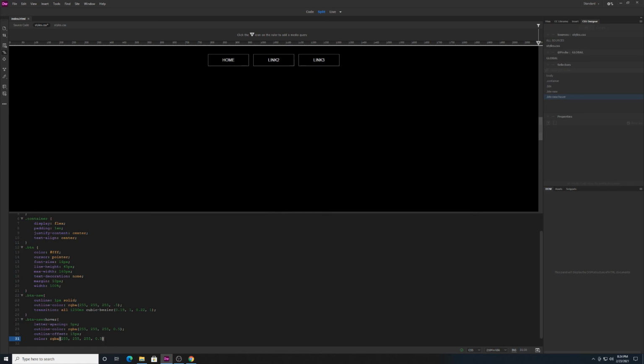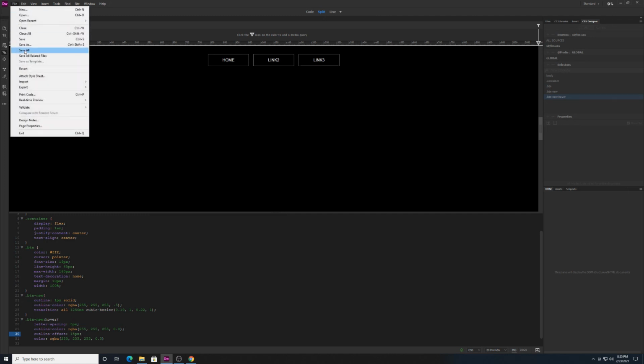Alright, and then actually this outline color up here on this one, I'm going to switch this to 0. Alright, so file, save all,